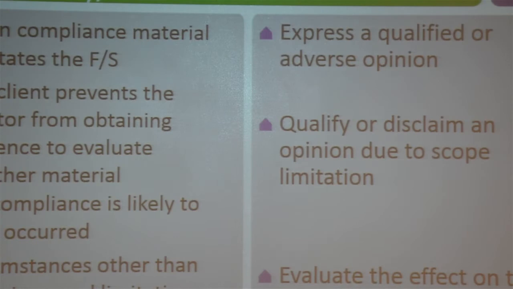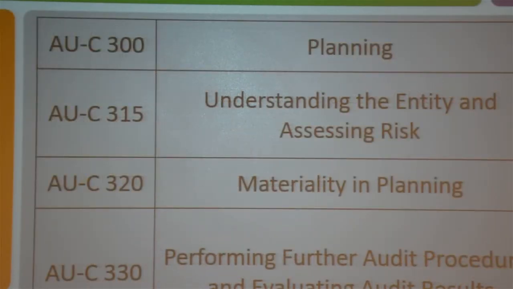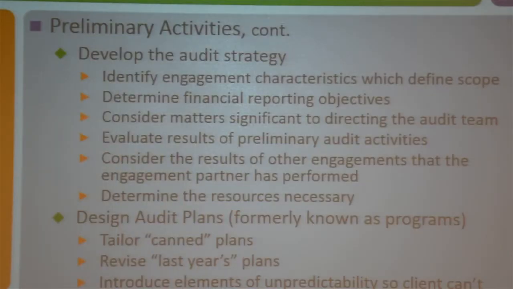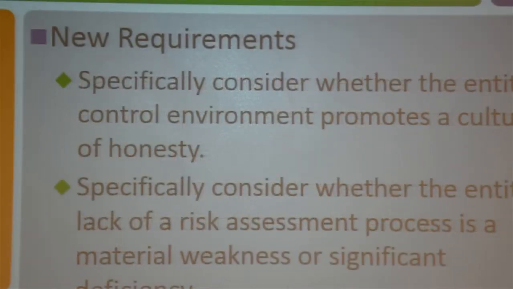So if the audit guide mentions one particular thing in it for internal control, and it's new to me, and it's calling for it, and I'm stuck with these requirements the way I am, maybe I need to do something to look at what this is. So, 315 has some new requirements in it. Now, this is the new stuff, along with all the other things that happen in here.